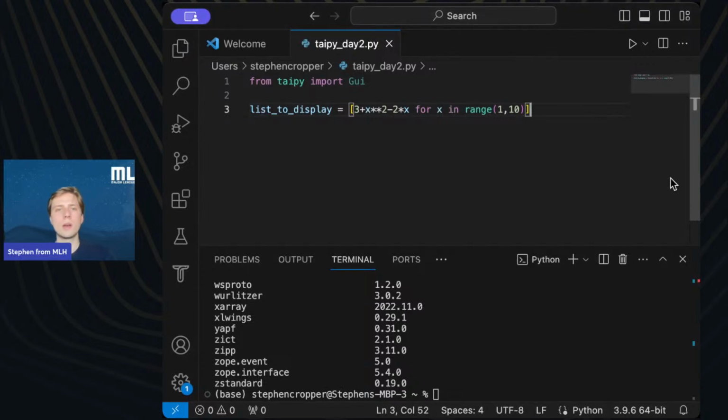All right, now we can move to the next line here, and we'll type GUI, which is a GUI object, and we need to tell the GUI what we want to plot. And the way we do that in Taipy is by passing a string that could be one of three things.